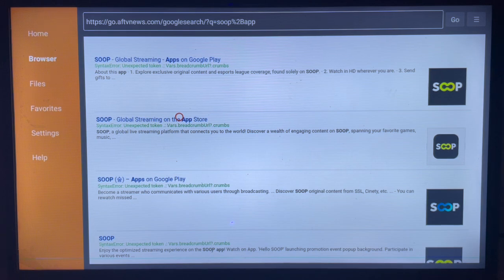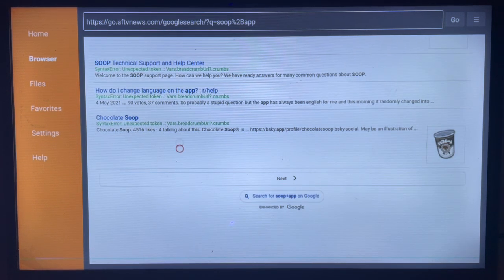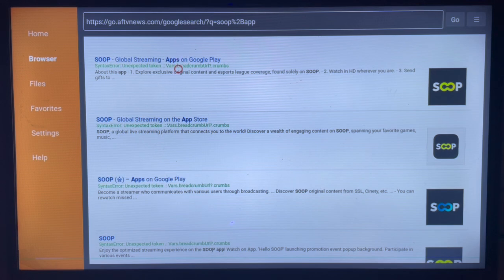So for instance, there are many options. So let's just go and try one of them. Let's just try this to see if it's going to work for us. Now you just have to scroll and make sure you bring your cursor to here and click on it,